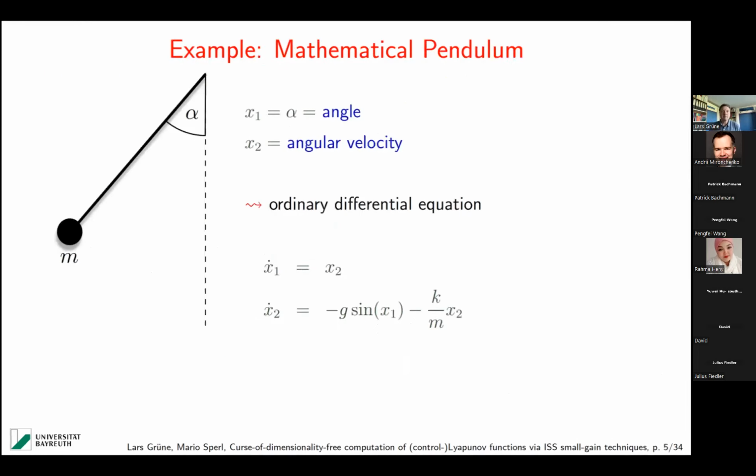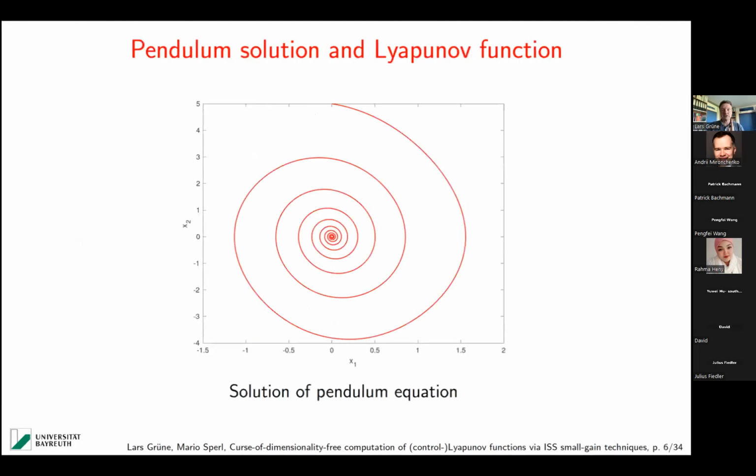And well, let me show you a very simple example, which maybe all of you know. This is the mathematical pendulum with some friction, which is indicated by k. So what this pendulum does, if you let it loose, it goes like this, right? It swings and gets slower and slower and eventually stops. No, it doesn't really stop, but it becomes so slow that it looks like it stops. So it converges to the downhanging position, right?